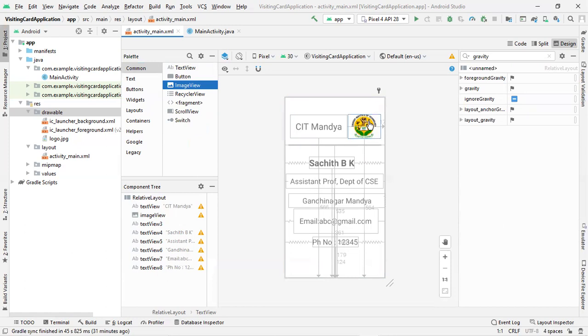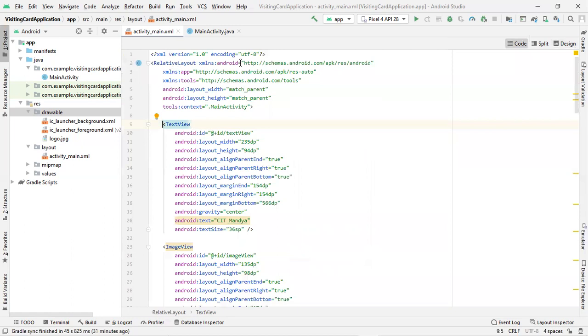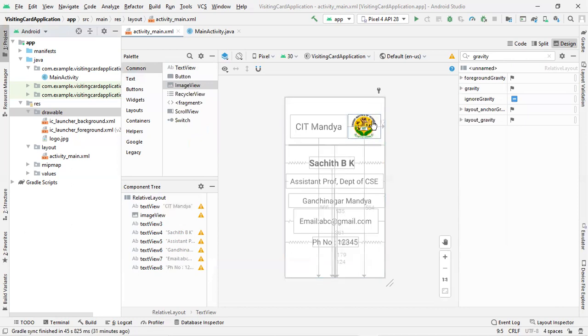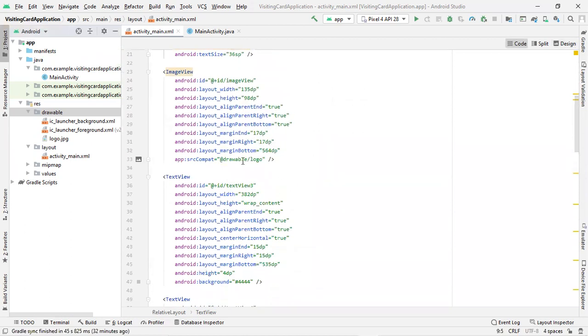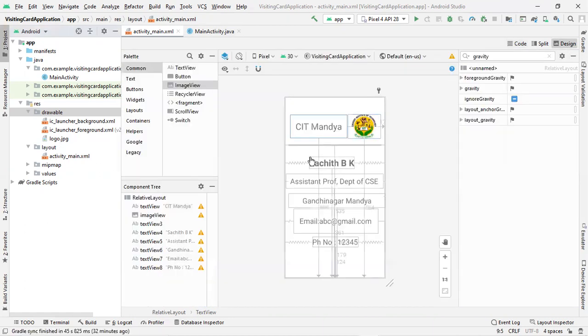Before going into all these details, first you need to change the layout. The layout should be changed from constraint layout to relative layout. I showed how you can change the layout from constraint to relative layout. Once you added a launcher, you need to go to the code part. Inside image view, in drawable, there will be another launcher foreground. That is the default option available from Android Studio. You need to rename it to logo. Once you rename it to logo, you will get that particular image imported into your design.